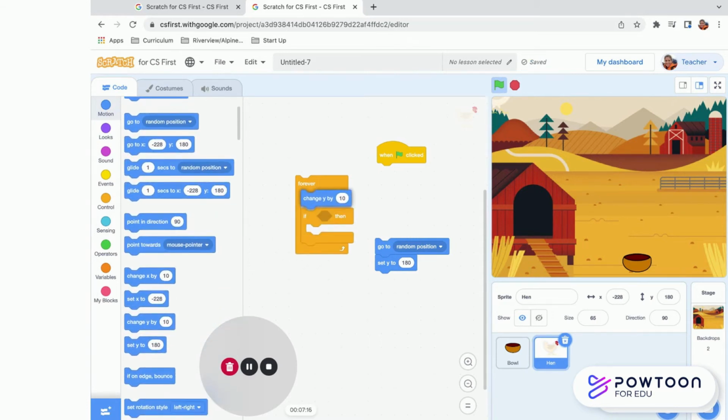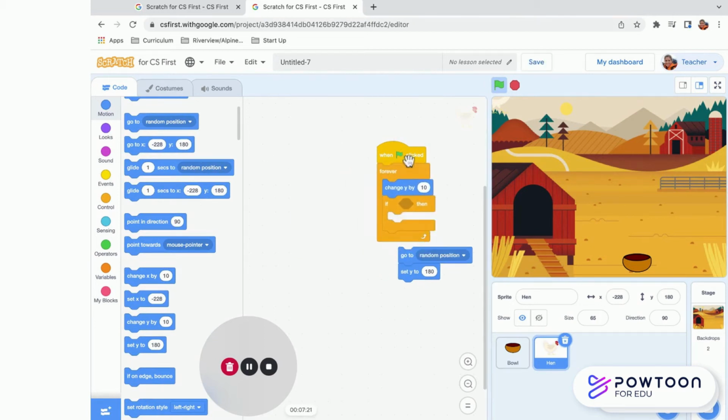And I'm going to grab another change Y by, because I want it to always be falling. So as soon as my green flag is clicked, I want it to just be constantly falling. So to fall, I need to put a negative number. I'm going to put a -5. You can change that number if you want it to go faster or slower. So now I'm going to put my blue blocks back inside my if-then,